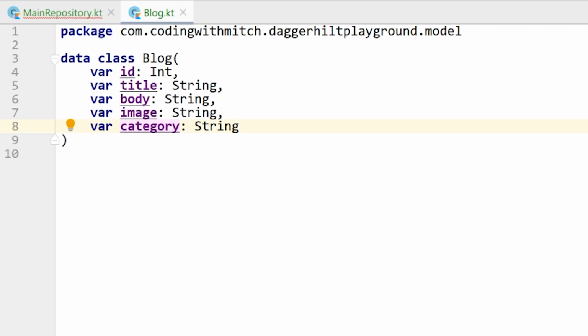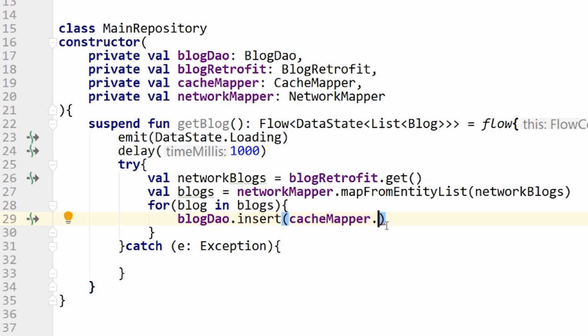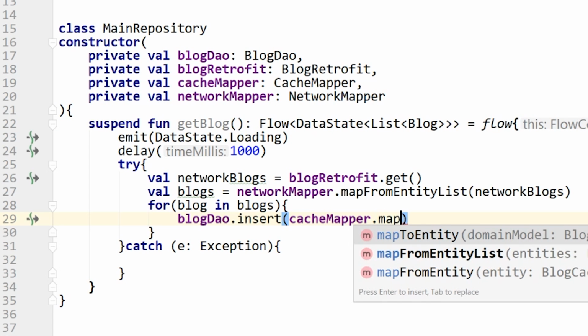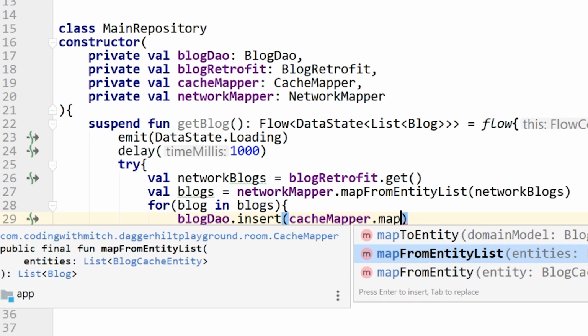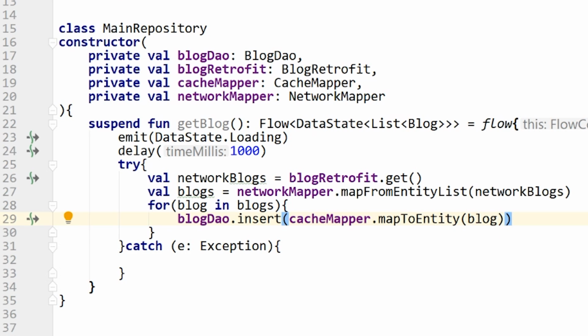So if we look here and go into room, notice the DAO takes a blog cache entity as input. So that's what we need to do. We need to map it from a blog to a blog cache entity. So that's what we're going to do. So I'll do map to entity, is actually what we're after here, passing that blog object, and then it's going to get inserted into